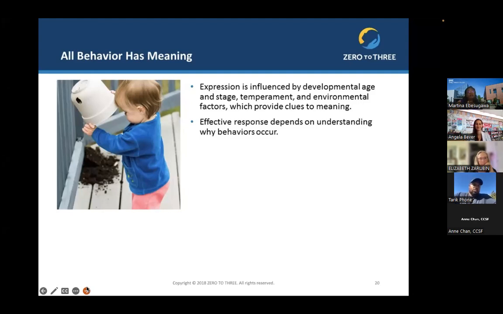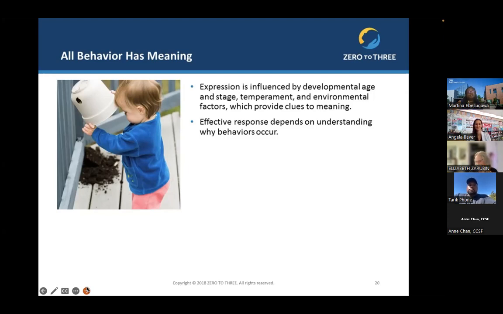And so one of the things that I've come to see as well is that behavior is expressed through our developmental age and stages. Depending on the children's developmental levels, this will affect behavior. The temperament will affect behavior, as well as environmental factors. And we've been talking a little bit about environment already when I talked about the arranging of the classroom, that this can affect how children engage and how their behavior gets expressed, as well as their temperament, so how they respond. And we'll be diving into temperament a little bit more.